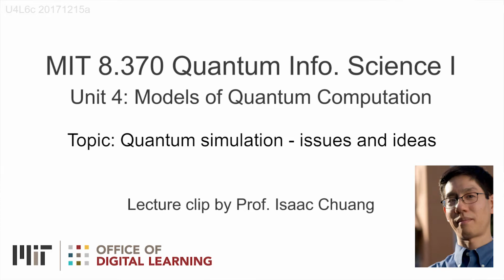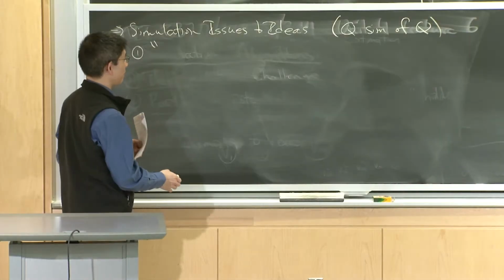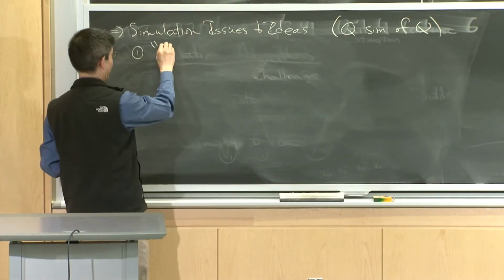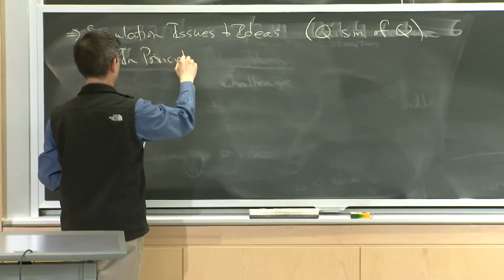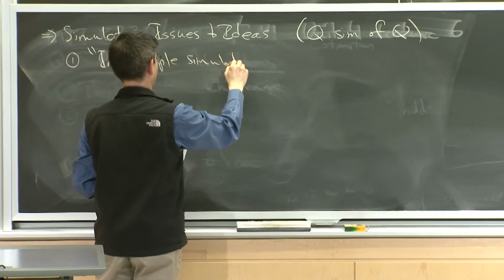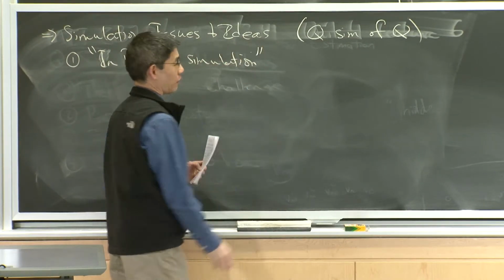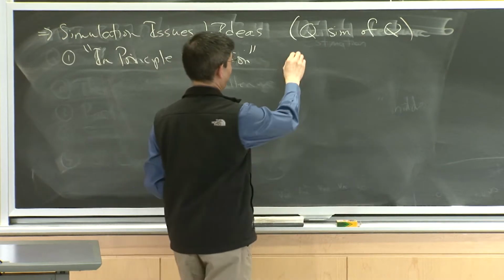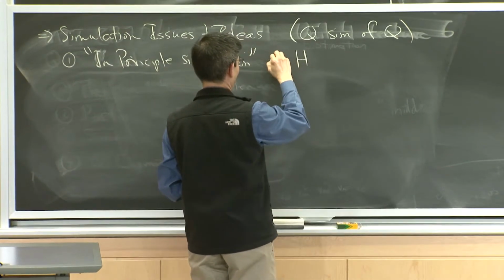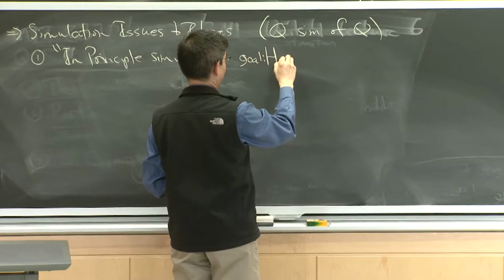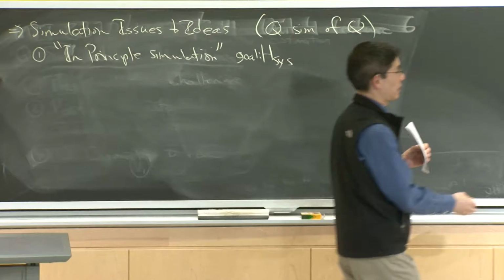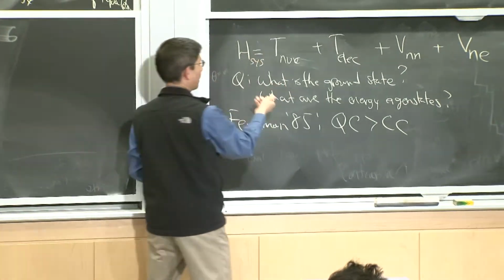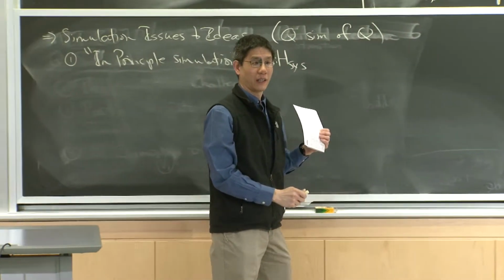Some of the issues and the challenges when working through quantum simulation. First, you would like to have, in principle, the knowledge that you can do the simulation. And the way one approaches this is to define the problem by saying the goal is to simulate some Hamiltonian we'll call the H-cis,